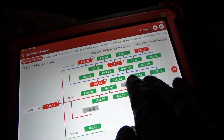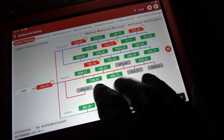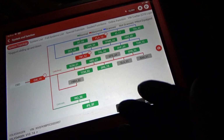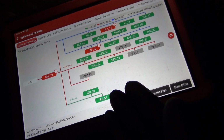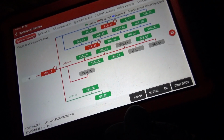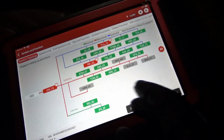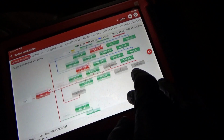We have 4, 8, 12, 16, 1, 2, 3, 4, 5, 21, 22, 23 modules. So not as many modules as, for example, a Lincoln MKC of the 2015 variety, but still a lot of modules. So right now, cleared all DTCs,